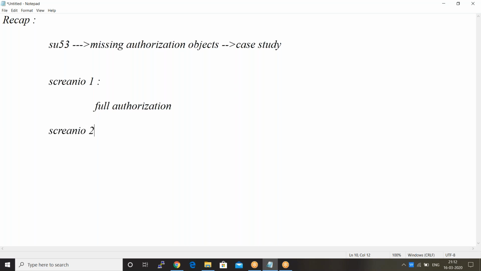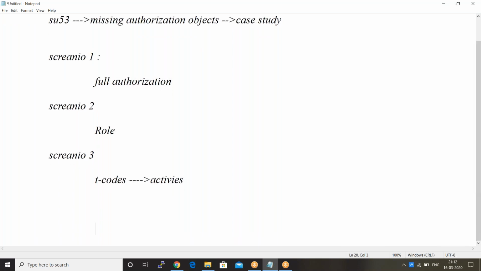You're using the role concept and restricting. And scenario three, what is scenario three discussing? Any common authorization objects will be there. At the transaction code level, I can go for activities. For any kind of problems, you can use SU53 for the missing authorization object display.